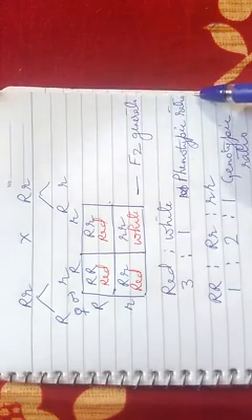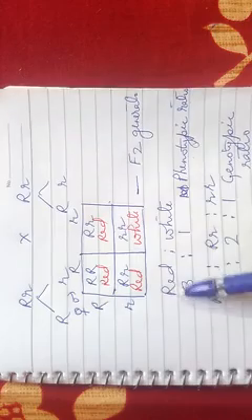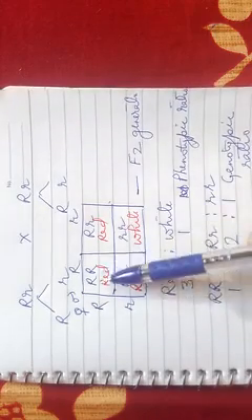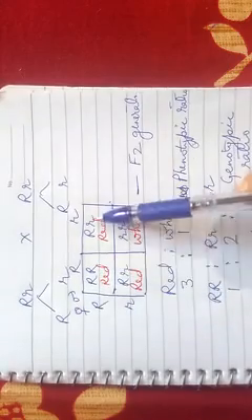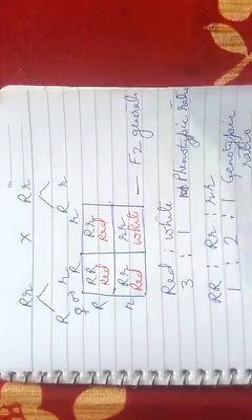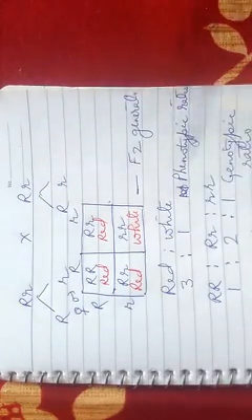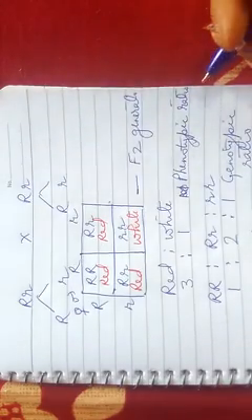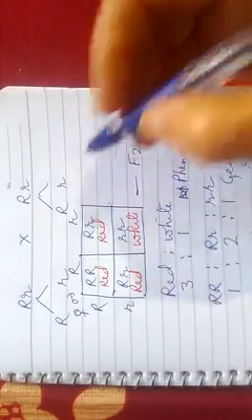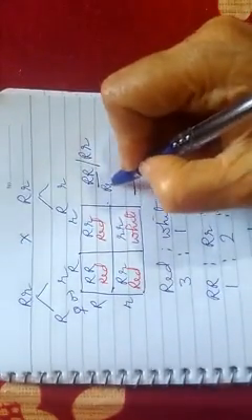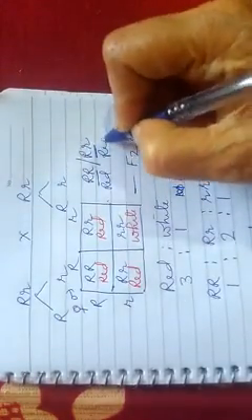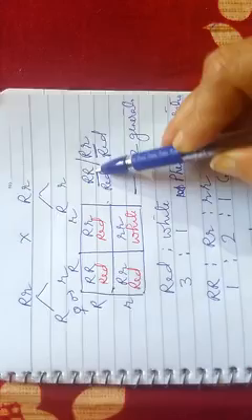Okay. Likewise, if we see this red plant, then what do we see? That red plant could be homozygous for the trait or heterozygous for the trait. So another conclusion that could be made is that a dominant trait could express itself both in homozygous condition as well as heterozygous condition. That means this is also red and this is also red. The difference is that this is homozygous, this is heterozygous.